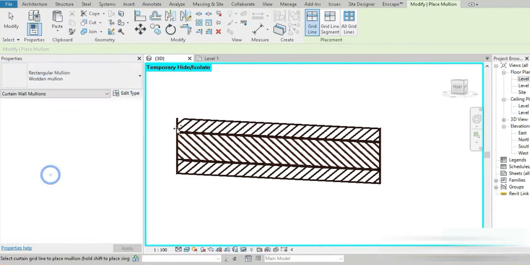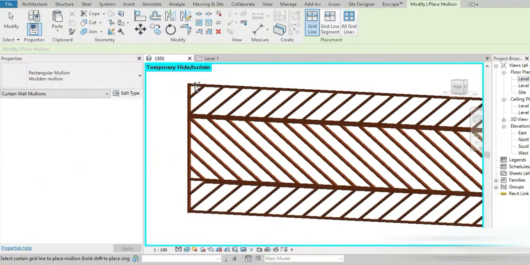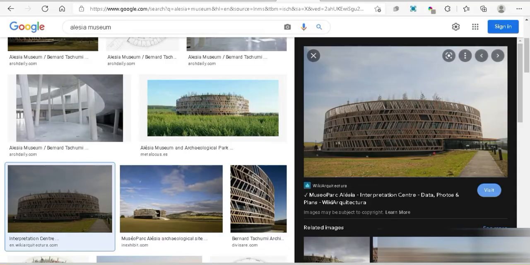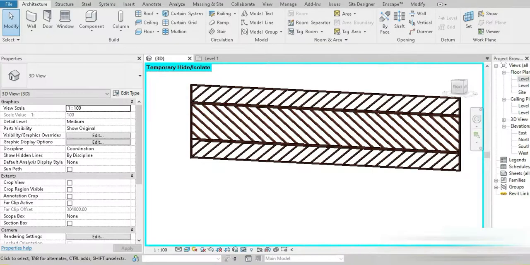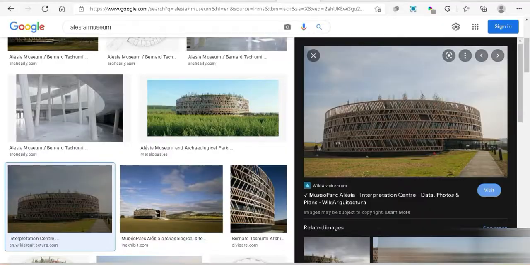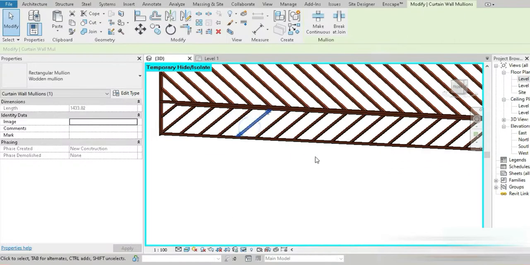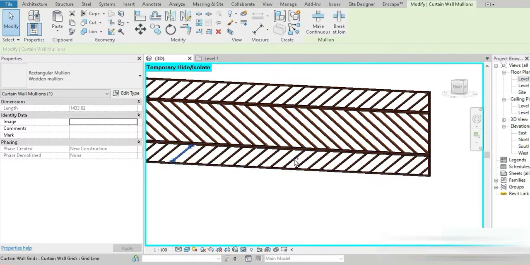So if you go to wooden mullion, and we just place a mullion right here, and yes, so guys, check this out. Our floor number 1 is already complete, right? Check this out. This is the reference image we have, and that was that. And there are a few mullions missing in between. There's nothing confusing about this. It's just